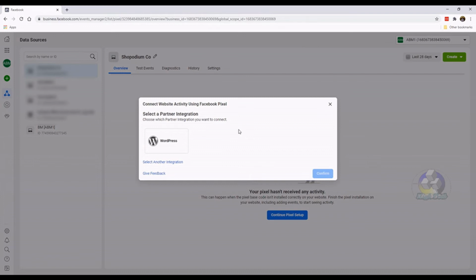And yes, we're done. Okay, so what happens here is that we had already created a Facebook pixel somewhere in the background. I created this thing called Shopodium Co, and you might want to take note of the ID here. So at this point,